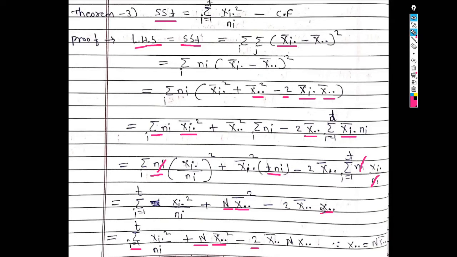Now this grand total can be written as capital N into the grand mean, since the grand mean is defined as grand total upon capital N. So here we get minus 2 times x dot dot bar into capital N into x dot dot bar, and this plus capital N into x dot dot bar square. So in the next step we get,